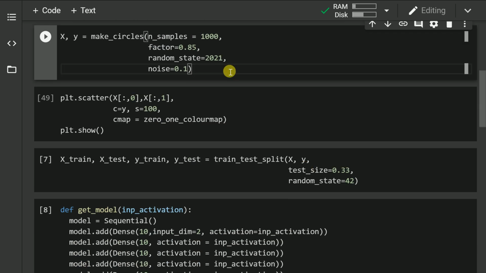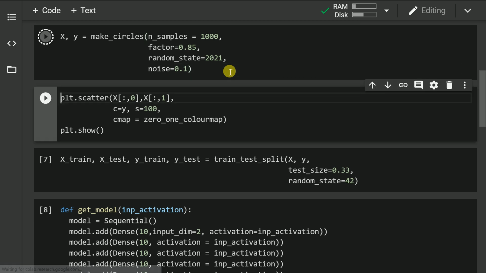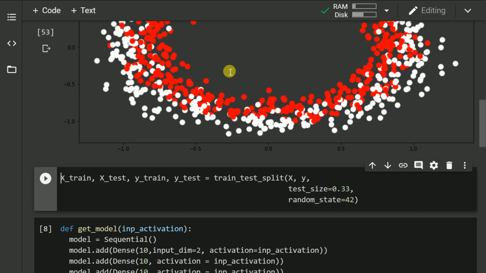So the next thing that I do is I generate a binary classification dataset which has two target values 0 and 1 and two features x1 and x2. So let me go forward and create the x and y values, and let me also show you a scatter plot showing the actual dataset that is there. So let me run this cell as well.